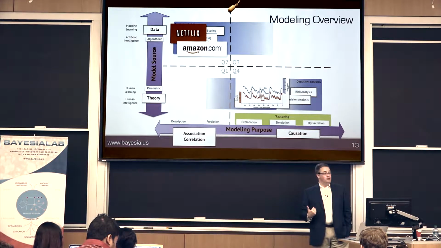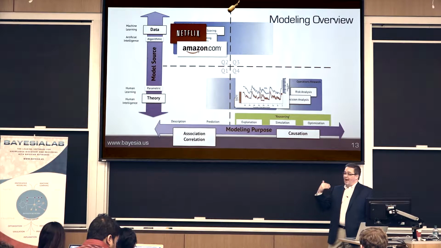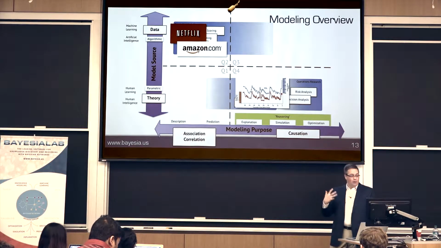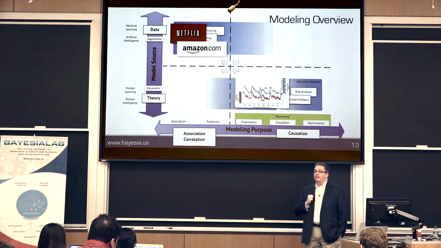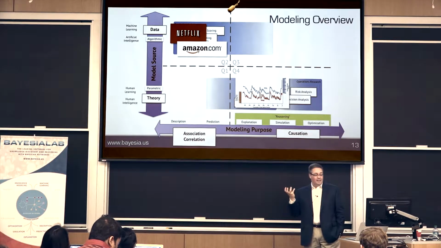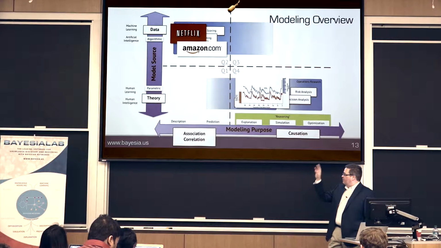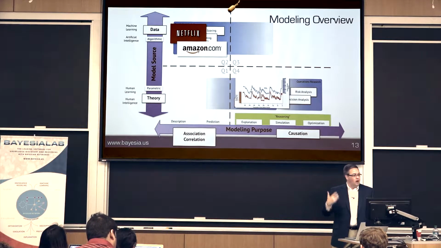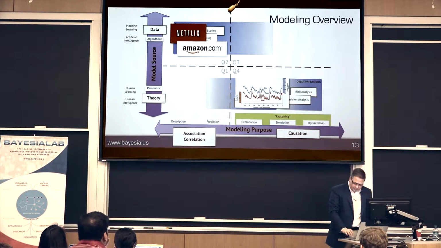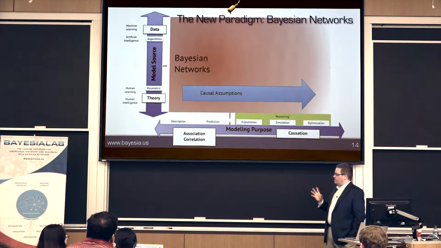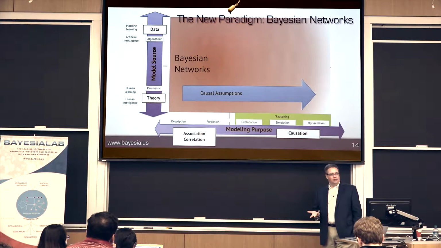For the applied researchers, for analysts, for businesses who have to analyze things for a living, that becomes a challenge, because you really have to have a specific type of modeling approach for every quadrant that we show here. That's a challenge. And that's where we think Bayesian networks can come in,